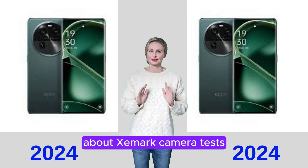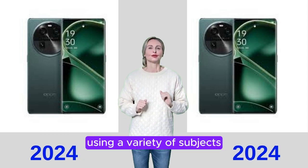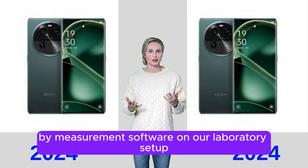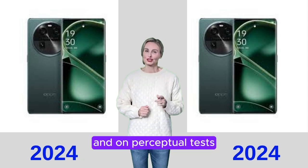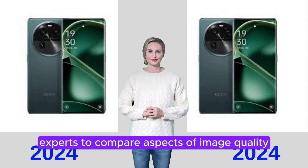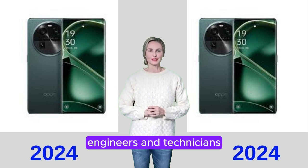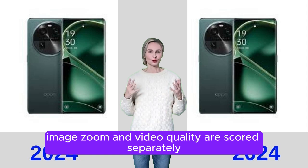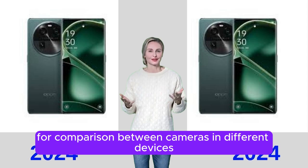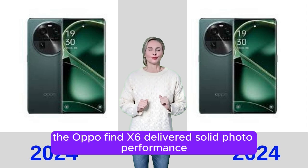About XMARK camera tests. XMARK camera evaluations are conducted in laboratories and in real-world situations using a variety of subjects. The results are based on objective tests, in which results are calculated directly by measurement software on our laboratory setup, and on perceptual tests, where a sophisticated set of metrics allows a team of image experts to compare aspects of image quality that require human judgment. The smartphone testing involves a team of engineers and technicians for about a week. Image, zoom and video quality are scored separately and then combined into an overall score for comparison between cameras in different devices. For more information about the XMARK camera protocol used in our tests,